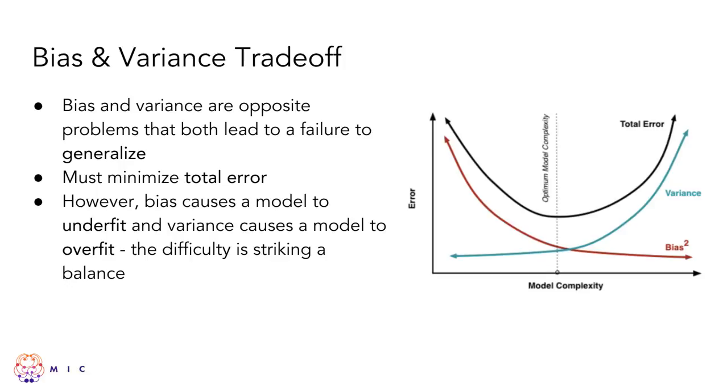Okay, you remember how I spoke about how bias and variance are opposite problems in terms of complexity? Both lead to a failure to generalize, but if you continue to decrease bias, there will come a point when you will start to increase variance too much. So you cannot possibly optimize for both after a certain degree. What you need to do is minimize total error, finding a point at which variance and bias can both be at their lowest before one starts to increase too much.